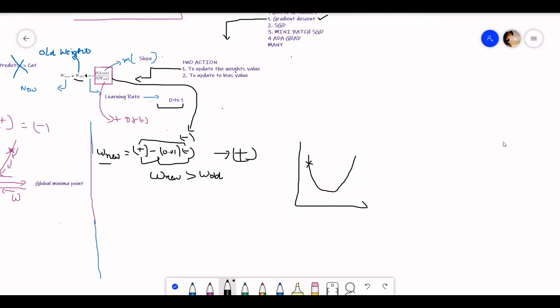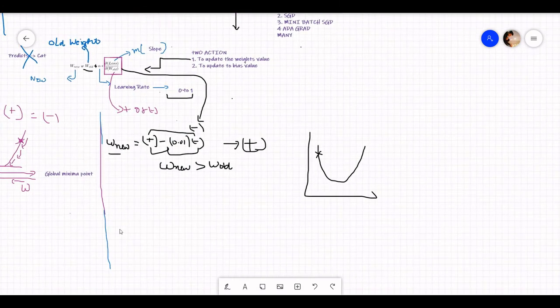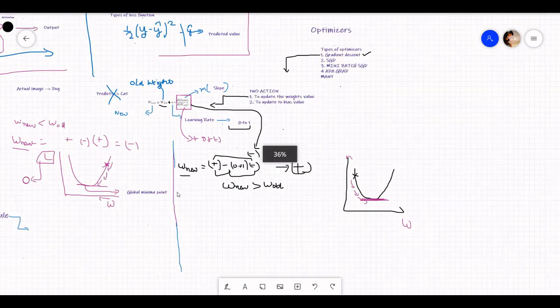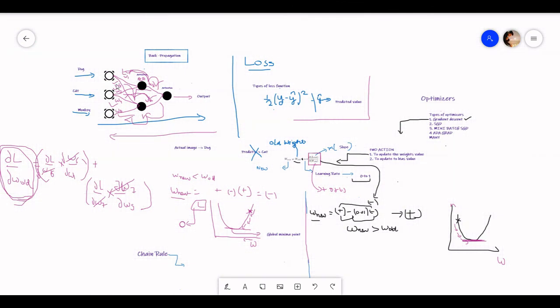So in our back propagation, it will similarly work in that case, and it will reach our global minima with something like this, and it will reach our global minima here. Similarly, it will work for all these weights and biases, and the bias updation formula will be the same as this.